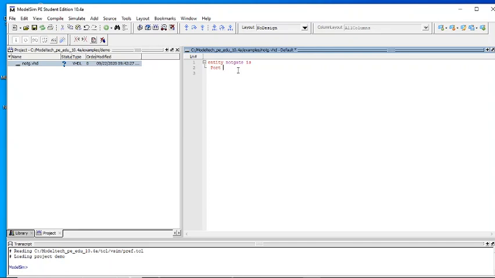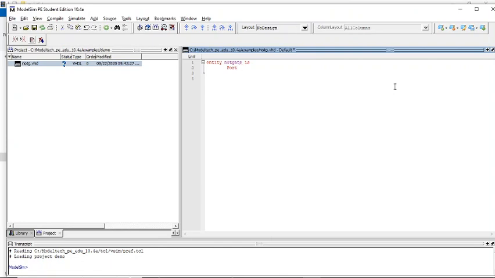For a NOT gate, we have A as the input. A is the input port. A colon in, where in is the keyword for indicating the input port. Bit is the data type which can have either 0 or 1 as the value.